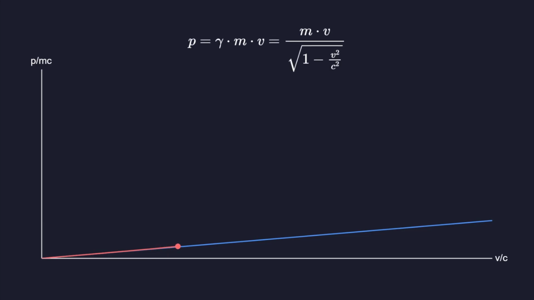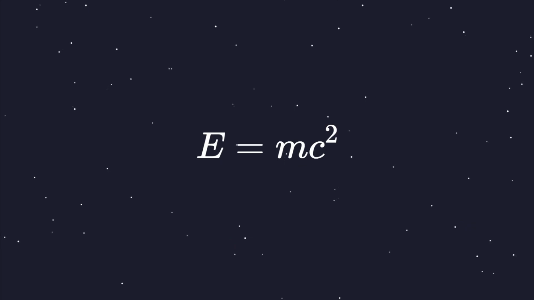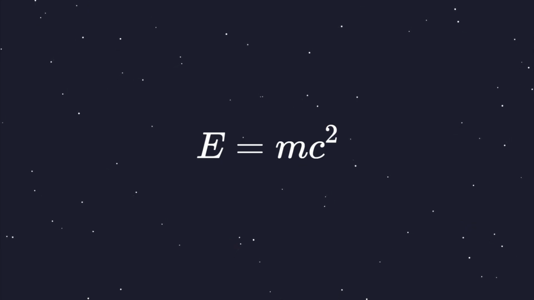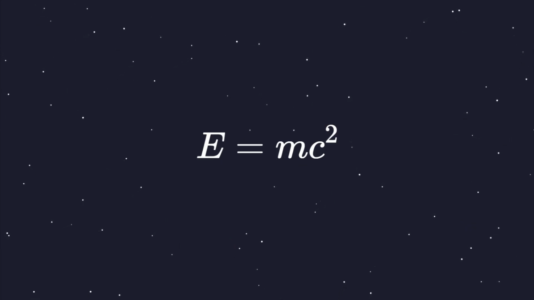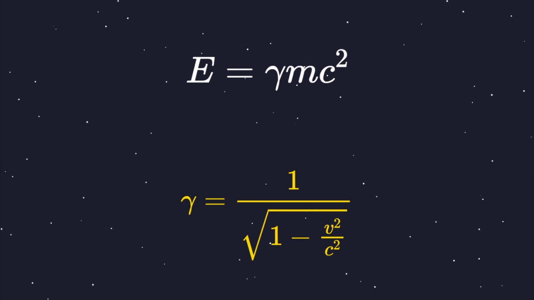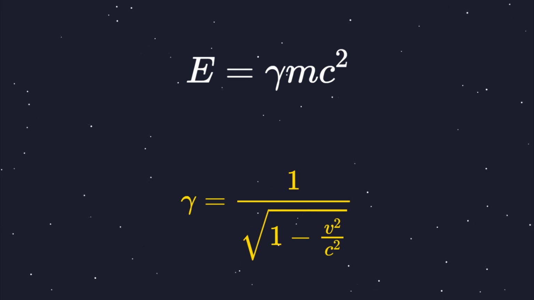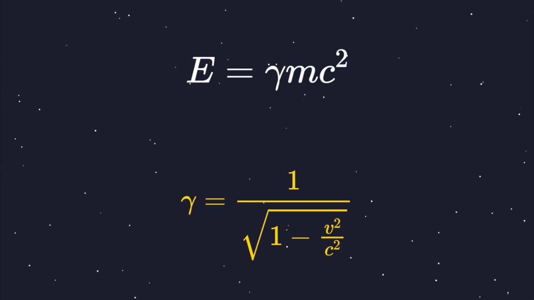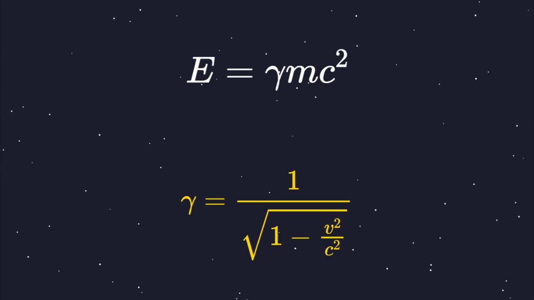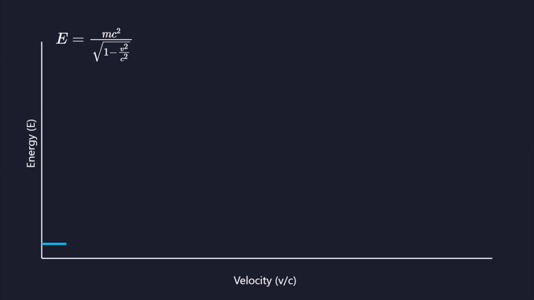Classical momentum is simply mass times velocity. In relativity, momentum is mass times velocity multiplied by the Lorentz factor. As velocity approaches the asymptote, the momentum of an object grows to infinity, making further acceleration increasingly difficult. The famous equation E equals mc squared describes the energy of an object at rest. For a moving object, the total energy is the rest energy multiplied by the Lorentz factor, showing that energy and